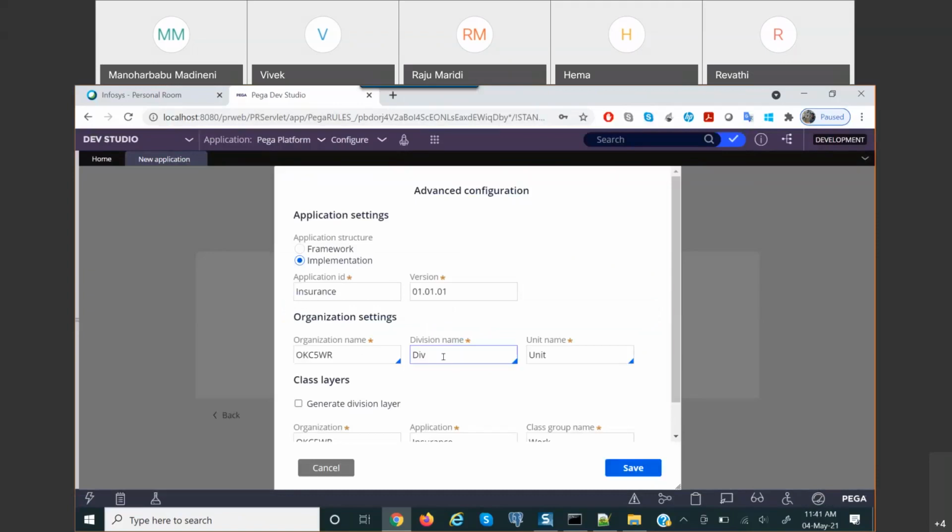Yes. Here we have two things. It is asking us whether we want a framework layer or not. Framework layer is nothing but the one which can be reused by multiple applications. Currently Pega is not recommending us to go for the framework layer.